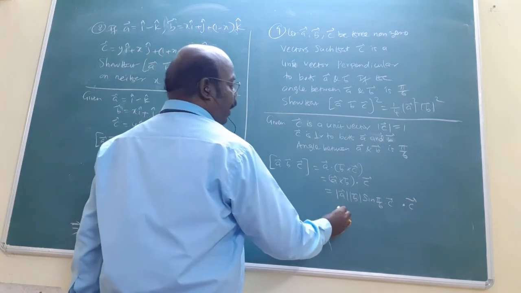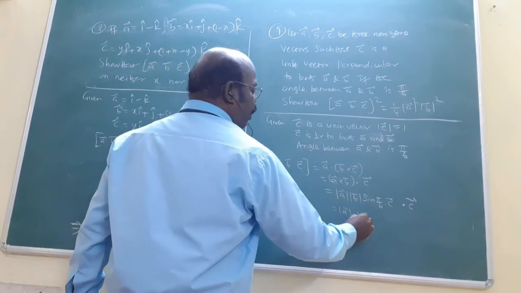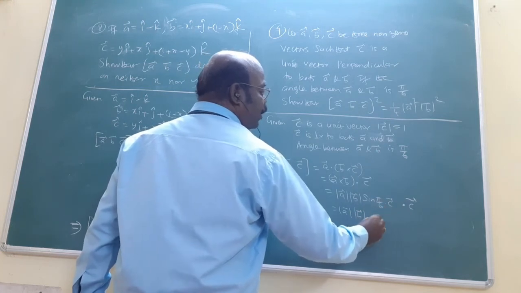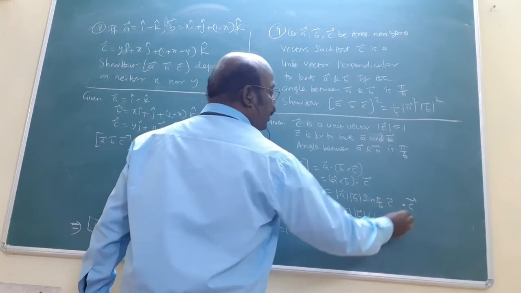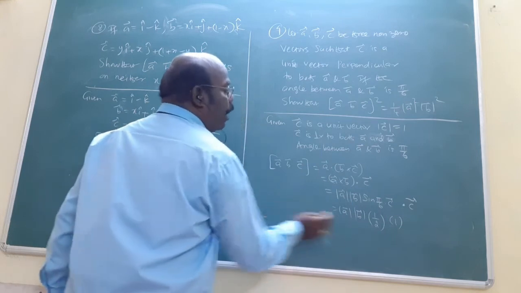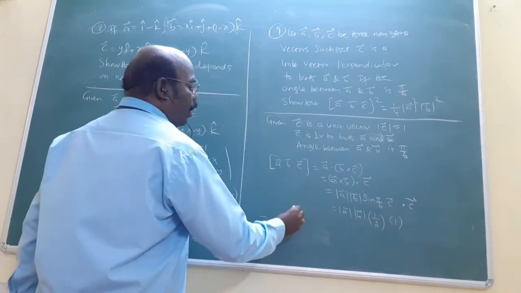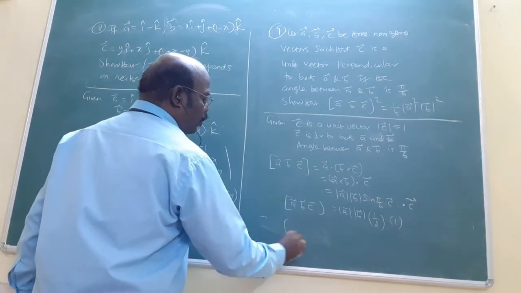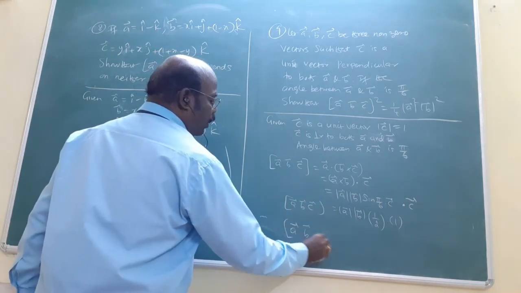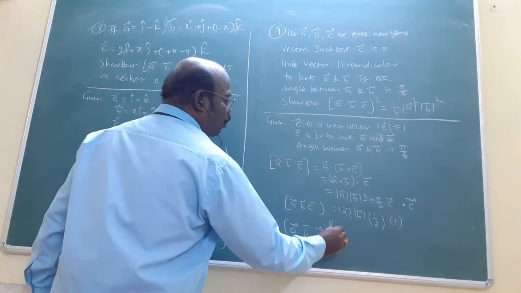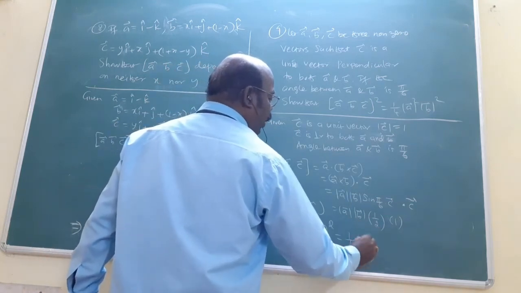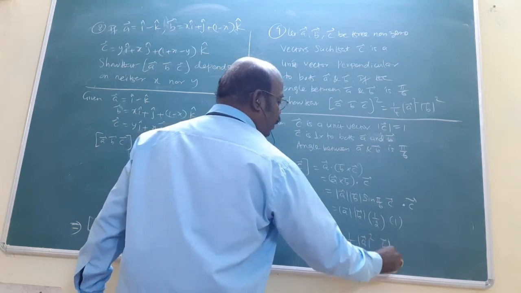The modulus of A, modulus of B. Sin pi by 6 is what? Sin 30 is 1/2. The C dot C is 1. Am I right? The same quantity dot is 1. Now, squaring, that is the answer. Very simple concept. Therefore, squaring on both sides, it is equal to 1/2 square, which is 1/4, modulus of A whole square, modulus of B whole square. That is the answer. That's all.